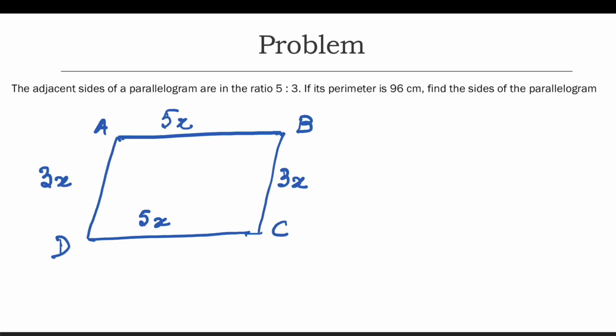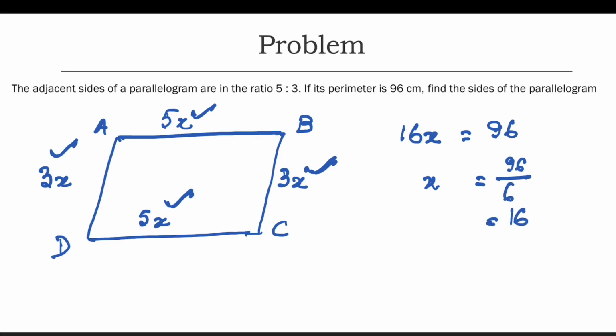So what would be the perimeter of this parallelogram? 5x plus 3x, 8x, plus 5x, 13x, plus 3x, 16x. So 16x is the perimeter of this parallelogram, and that is given as 96 centimeter. Then x is equal to 96 by 6, which is nothing but 16. So this side would be 80, this side would be 3 into 16, 48, and this is again 80, this is 48. So again a relatively easy